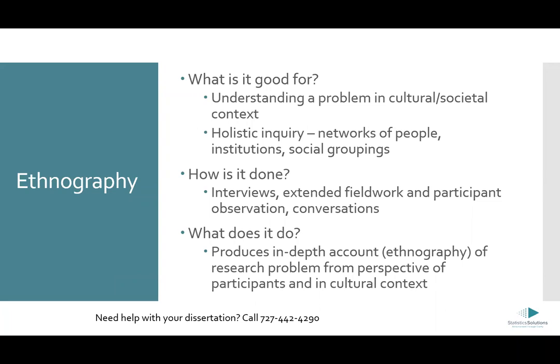Now you can rationalize it as a case study or as another type of study, but truly, if you are looking through that lens, it really fits best in this camp. Now, when I say cultural or societal context, I think it's really important to mention that that is not specific to race or ethnicity. This can be related to different types of subcultures. So there's been really